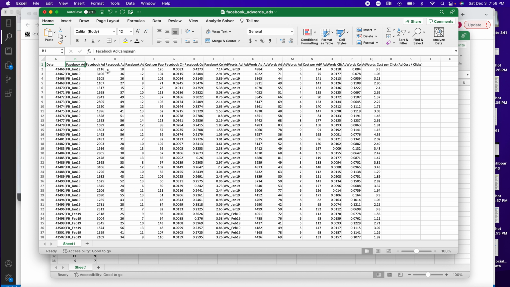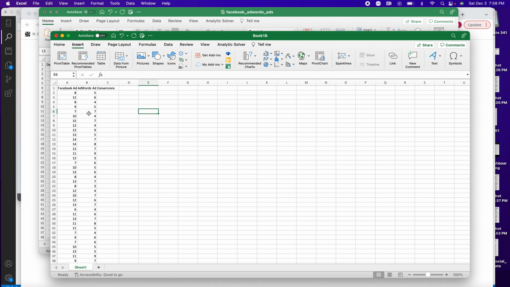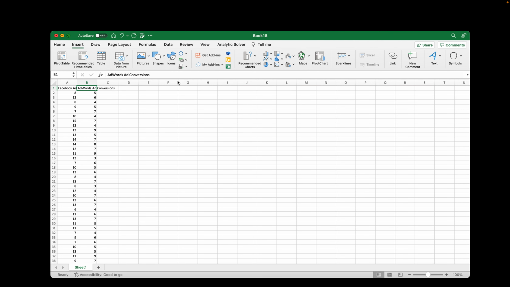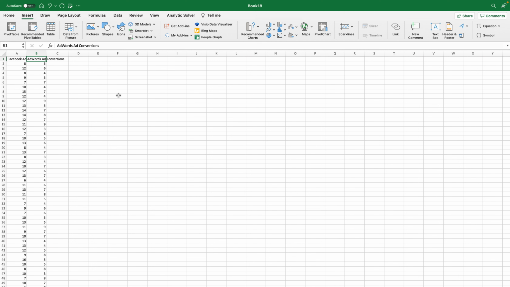You have date, you have Facebook ad campaigns, you have clicks, you have conversions, cost per click, and so on. Now, here's what I'm interested in. I just want to use a sample of these two: Facebook ad conversions and AdWords ad conversions. These are the two data sets I'll focus on in this video, just to run the t-test and show you how to go about the t-test